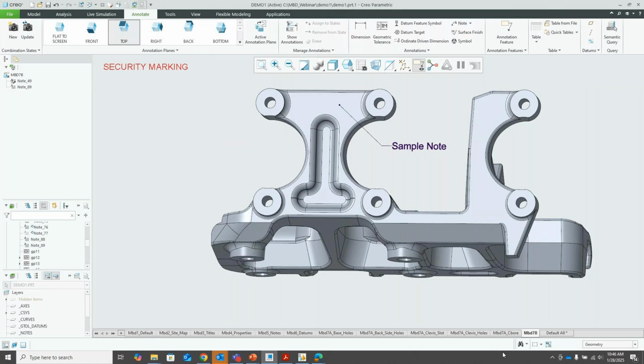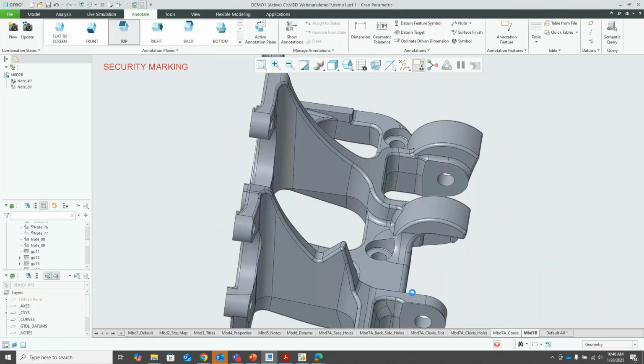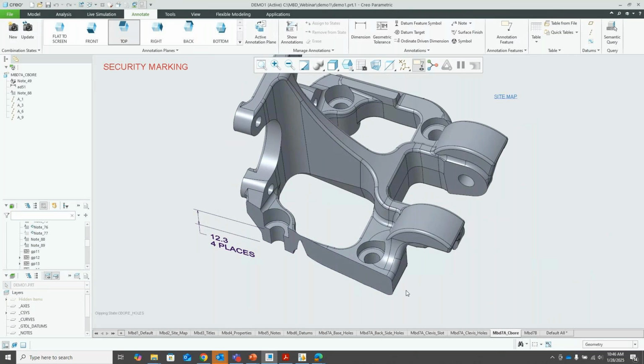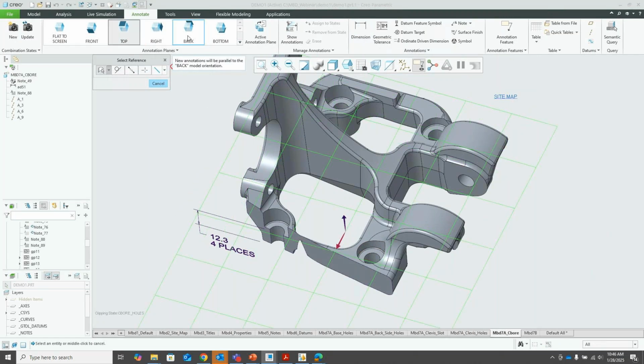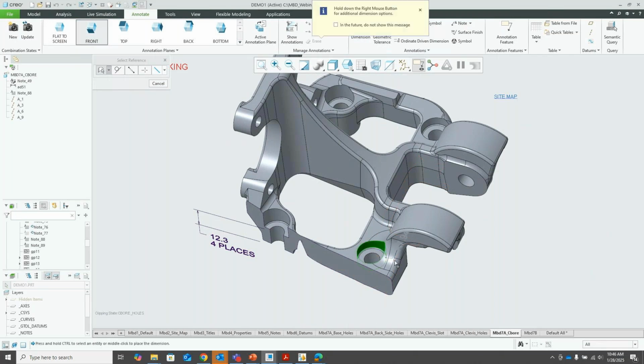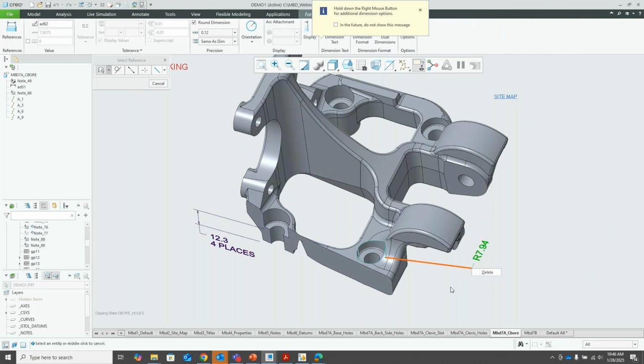And maybe if I want to go back to my counterboard view here, and maybe I want to start adding some additional, maybe I'm changing different combination states or adding annotations here. I can create dimensions, but before I create dimensions, kind of good practice, since we're not in the 2D world, is to see how you want this to be oriented, right? Maybe the front is good. I hover over these, I'm looking at my blue and red arrows there, and I start creating my dimensions here, right? So just like in your drawing mode,